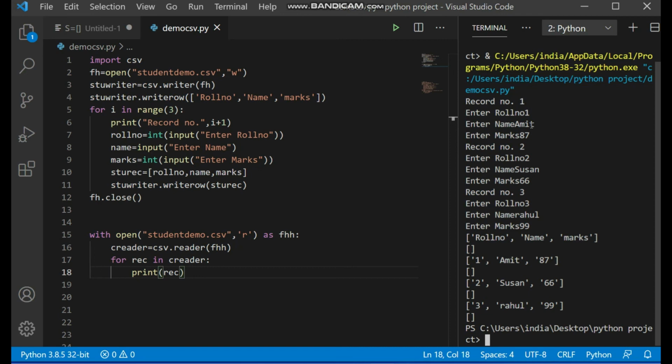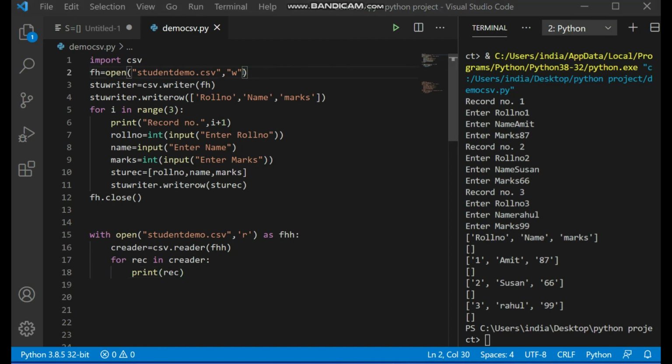But can you notice what is this? What are these brackets? These are new lines which are by default put up. So if you want, you can remove these also. I'll tell you how you can do that.